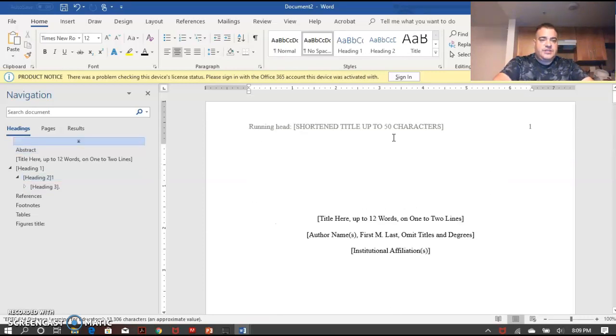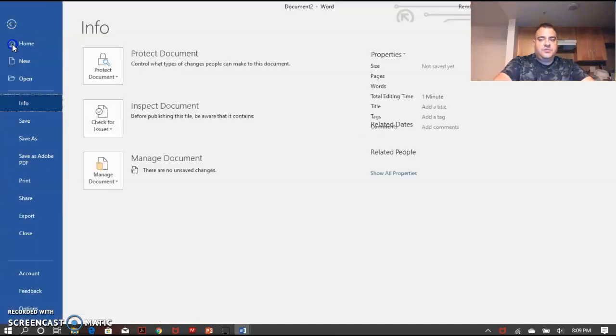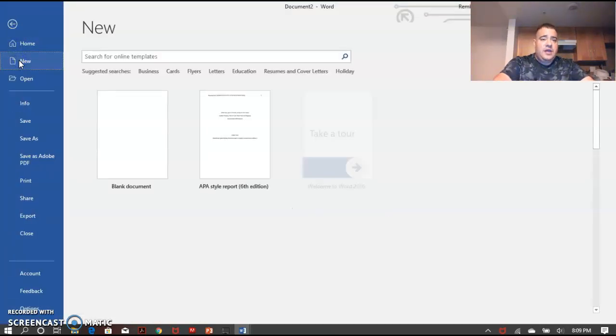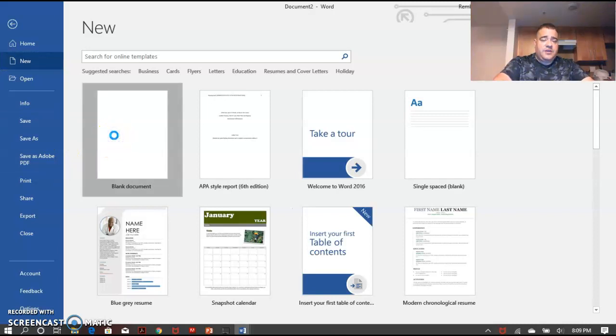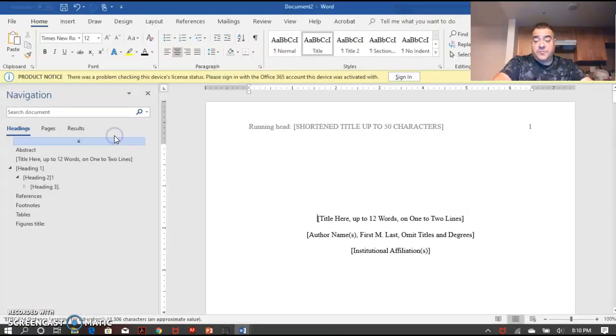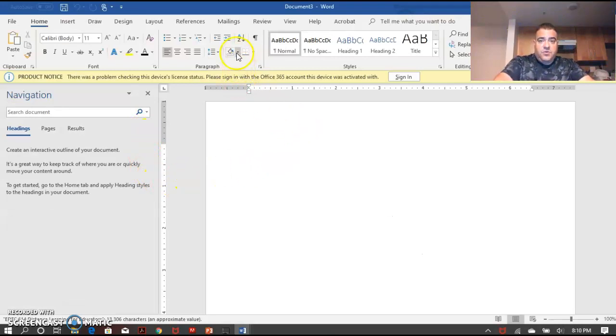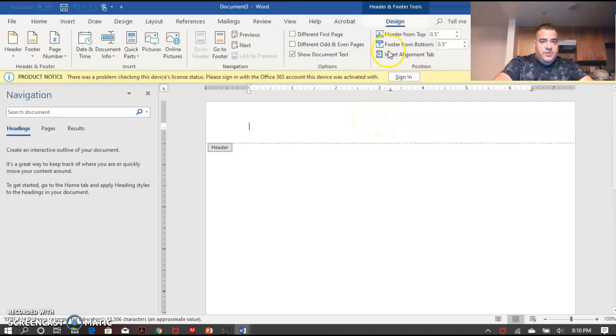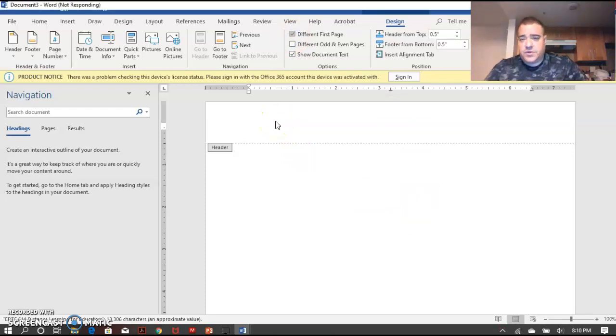you can use an existing template, but if you are not using an existing template, and let's say you had a new blank document, let me show you how you would actually do that. It's fairly easy. You can go up to your headers and footers by double-clicking at the very top of your screen, and then you'll get this Header & Footer Tools tab that will appear here. One of the first things you'll notice is a checkbox here called Different First Page. If you select that, whatever you put in your header on the first page will be different from your second page. So if I wrote up here,